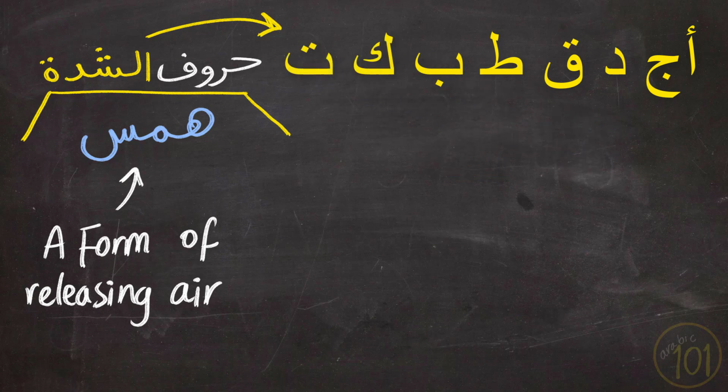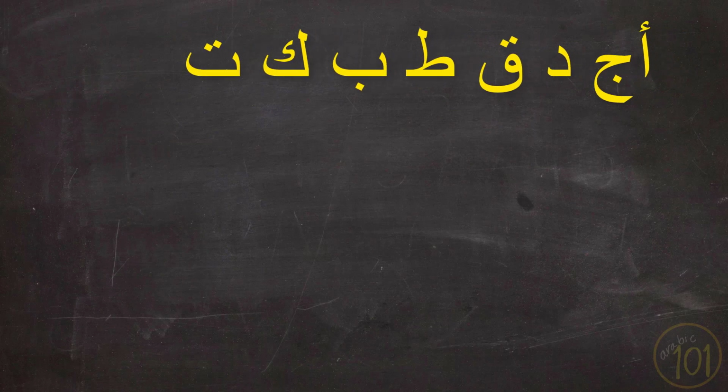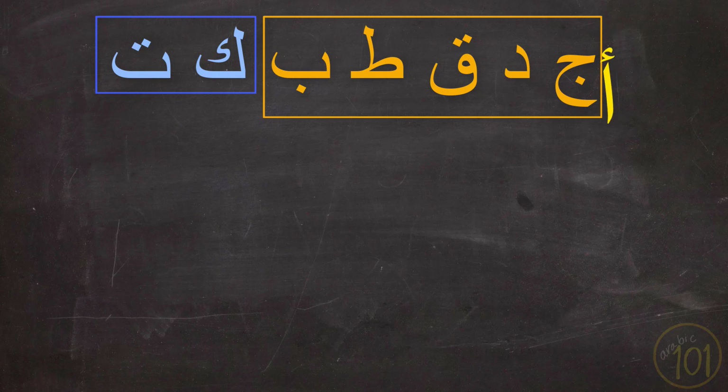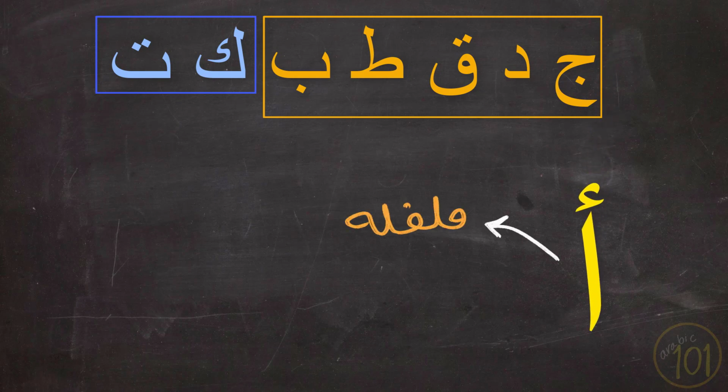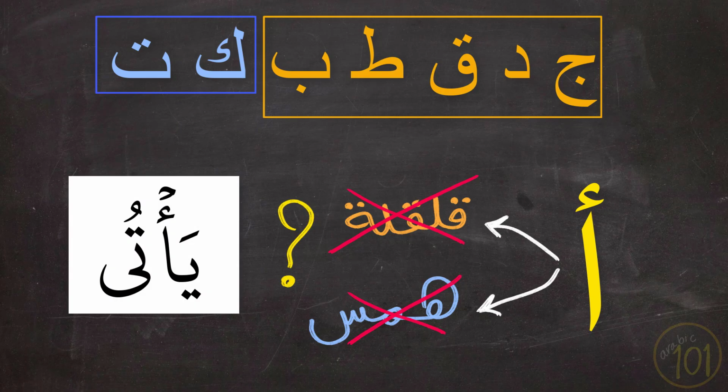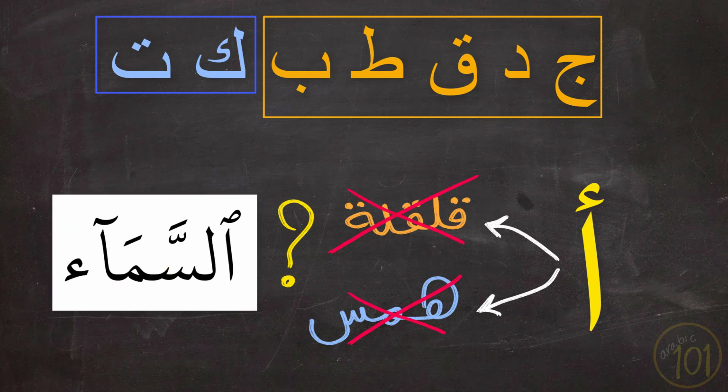But now you might be thinking, so Arabs had Qalqalah for these letters and hams for those. Then why aren't we allowed to have Qalqalah or even hams for Hamza then? I mean, it has the same characteristic, so it should have one of these two. Why can't we say ya'ati or as-samaa